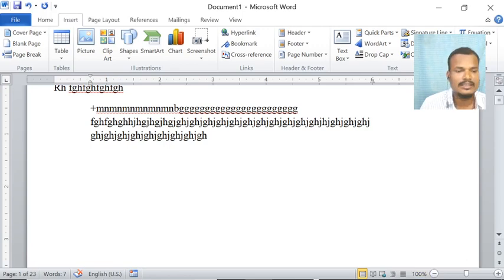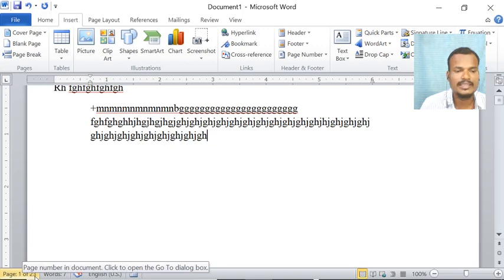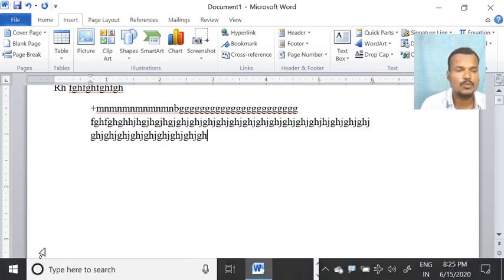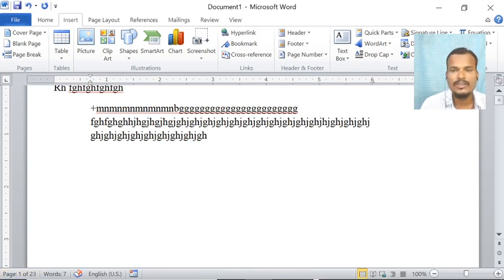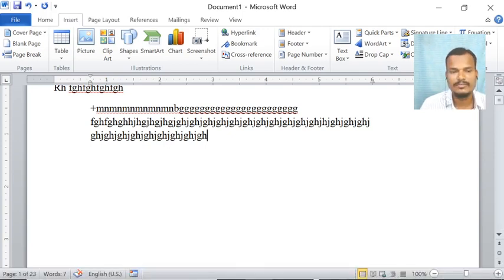Okay, right. And finally we have the status bar. See, observe here, page 1 of 23 is there now. This bar we are calling the status bar. That means it will show the status. Page 1 means right now we are in page 1 of 23. That means the total pages in this document are 23, and right now we are in page 1. You observe here, the words are 7 words. Means the status bar shows the status of the cursor, in which page it is, and in total how many words are there, and how many pages are there.